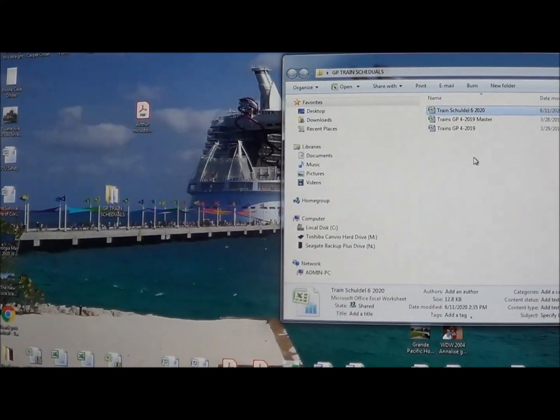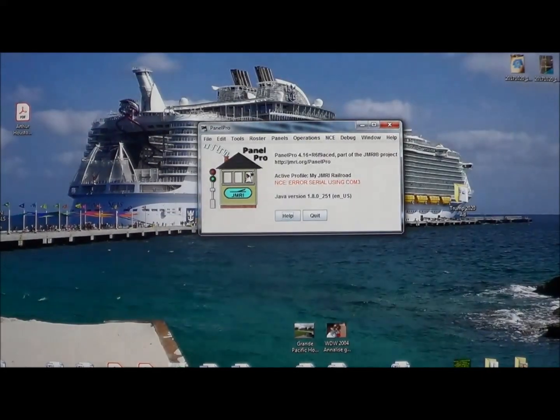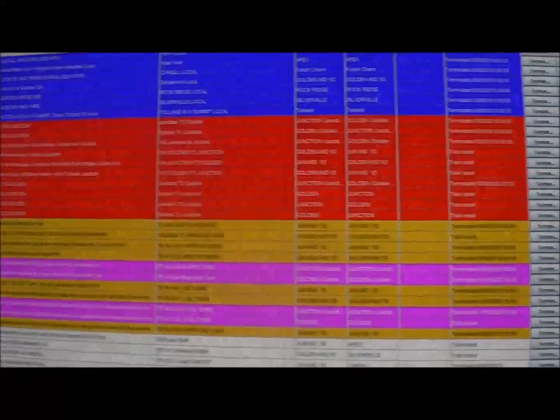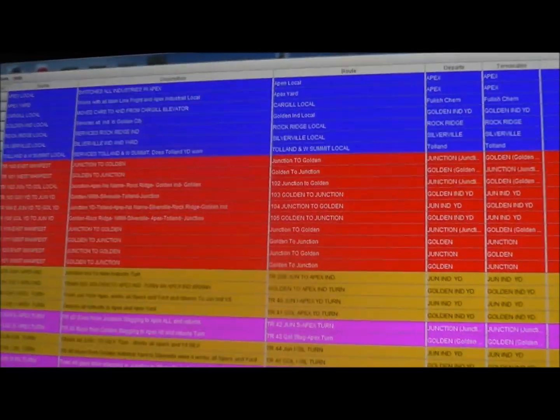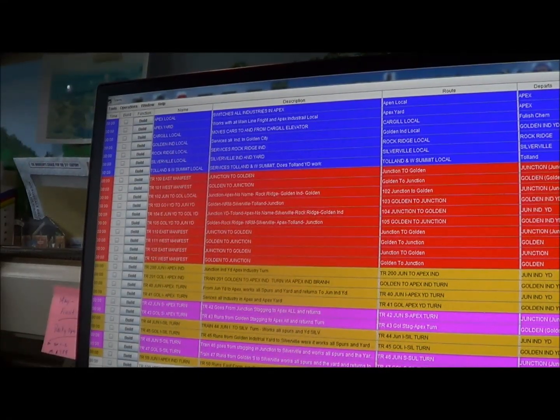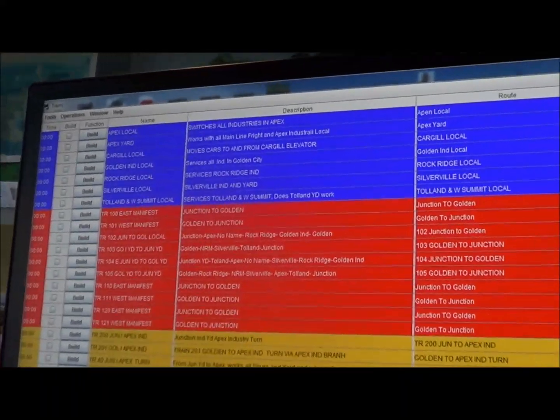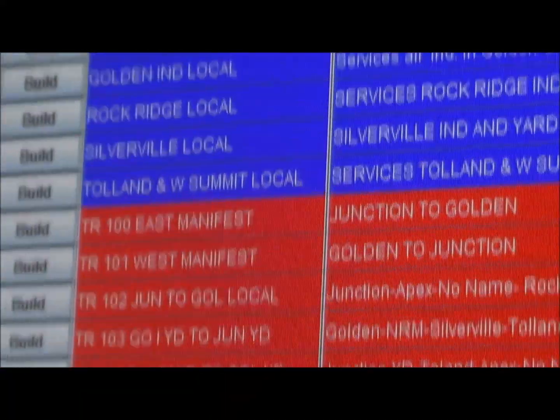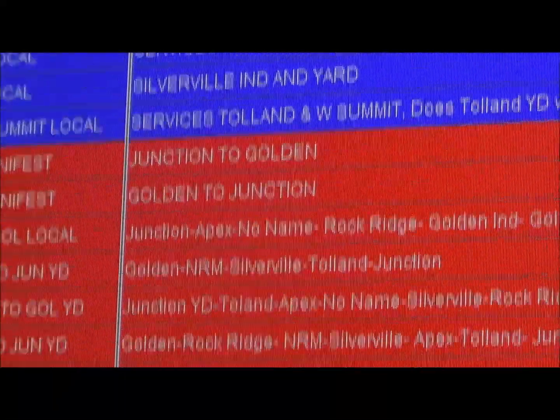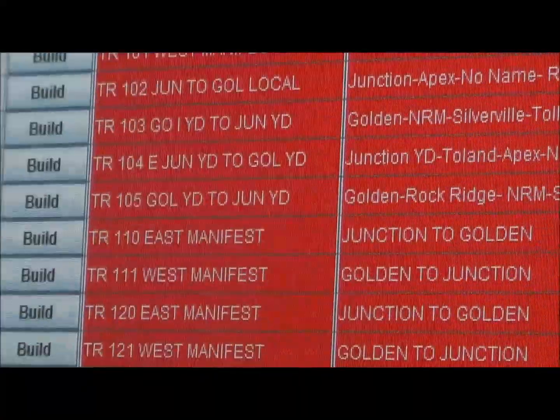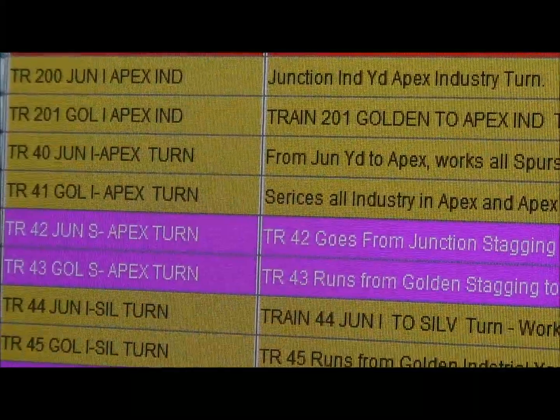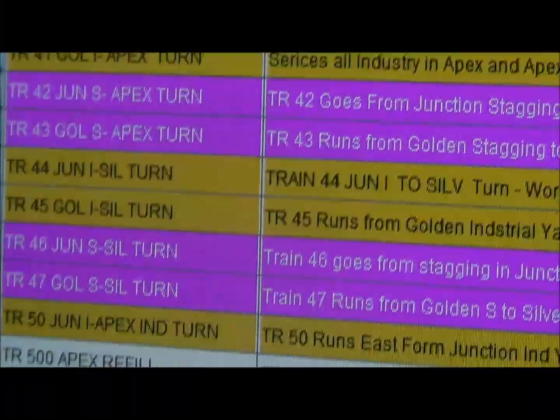All right, if I close this and go to operations and open up my trains, this is now what my train sheet looks like, in operations. This is one of the 6 windows. These are all the locals. I've got a little classy here. The locals are in the dark blue. The manifest freights are in the red. And then we start getting into turns. The orange is turns that come out of the industrial yards. The magenta